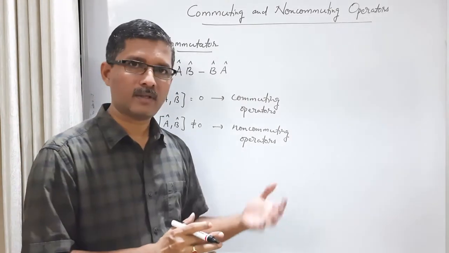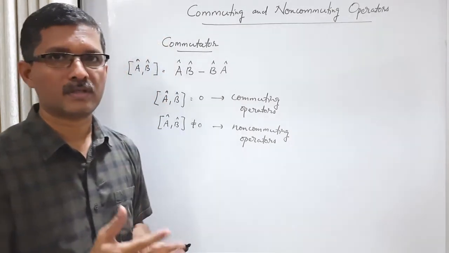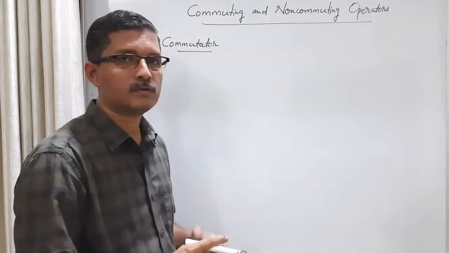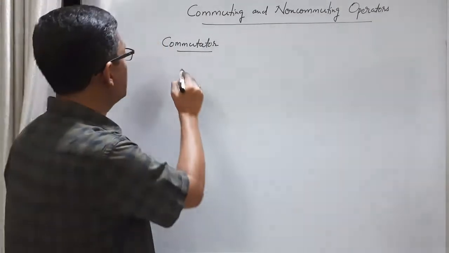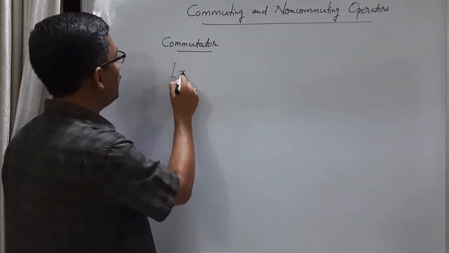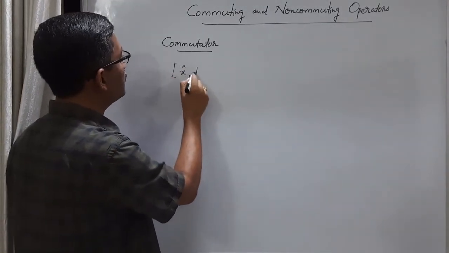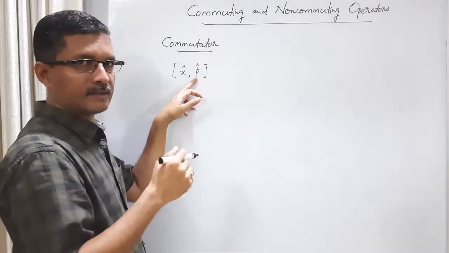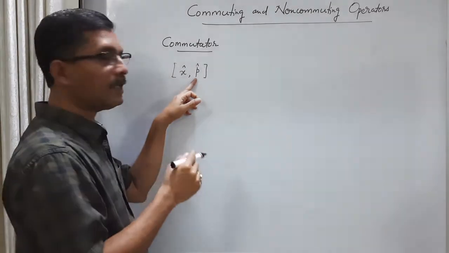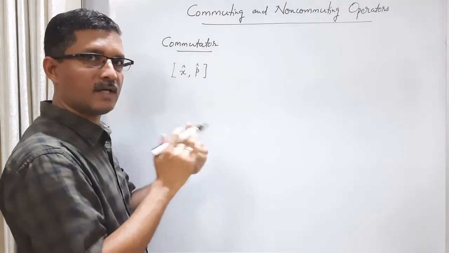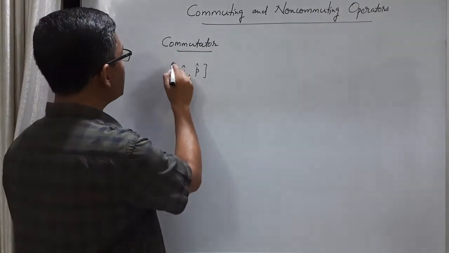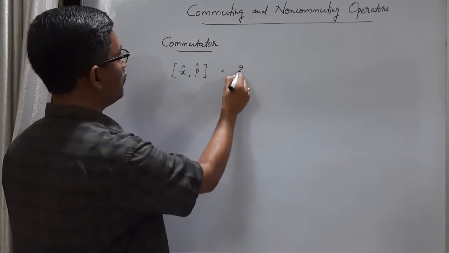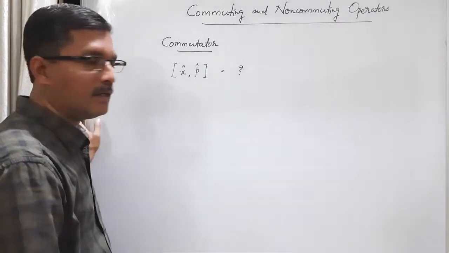So let us try to calculate the commutator for position and linear momentum operator in a general state. So what we want to calculate is the X operator, P operator commutator. I am not using the suffix Px. Actually this is the linear momentum operator along the x direction, one dimensional case. So we want to calculate what is this quantity. What is the commutator [x, p]?